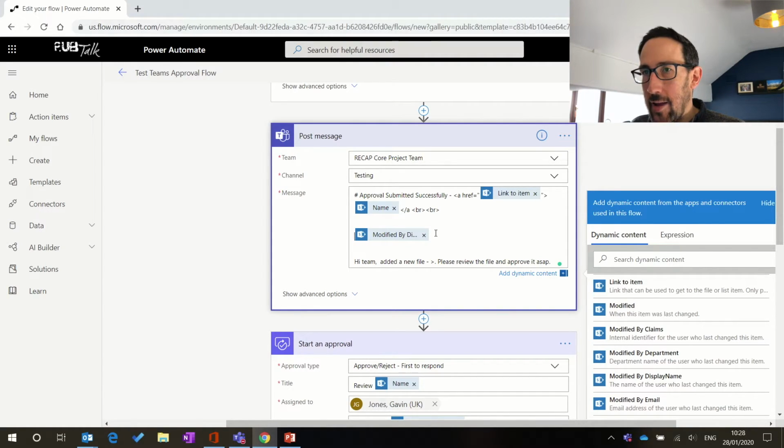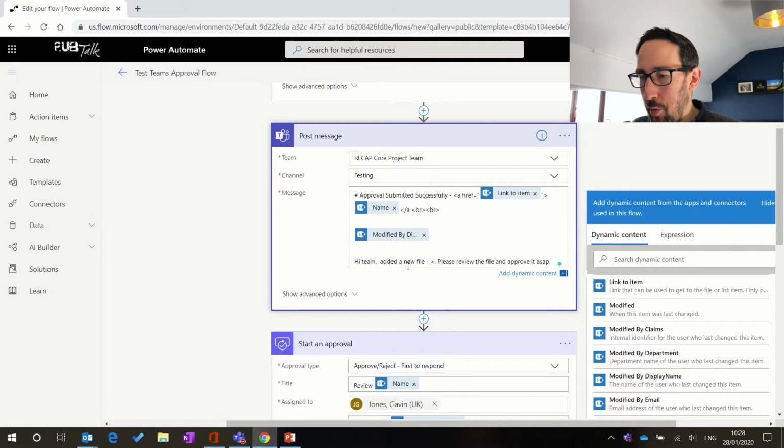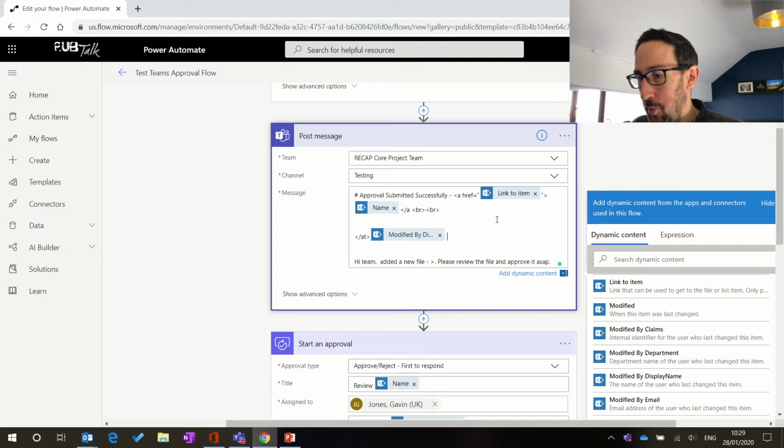And to get an at, so when we do that, that displays the person's name. And if we'd added an at before it, it would probably pick up an at mention. So to put an at in HTML, we need to do this little arrow thing, / at that, and that's then going to turn that into an at mention, hopefully. So we'll say at the person that's submitted the file,